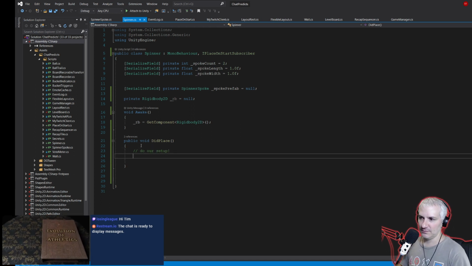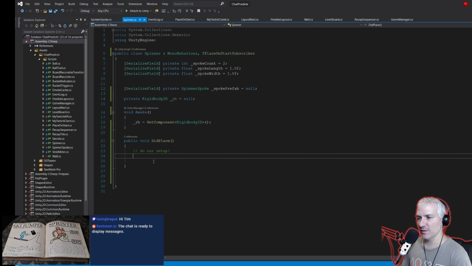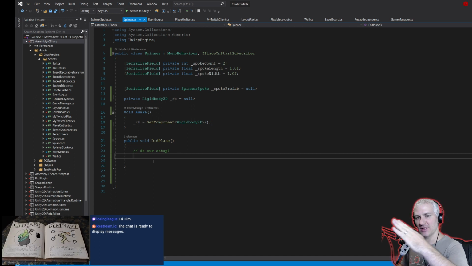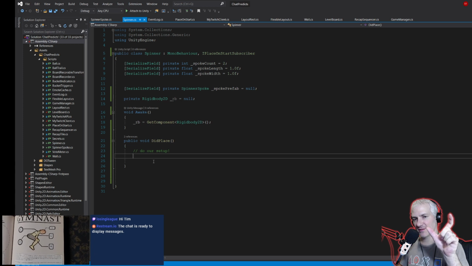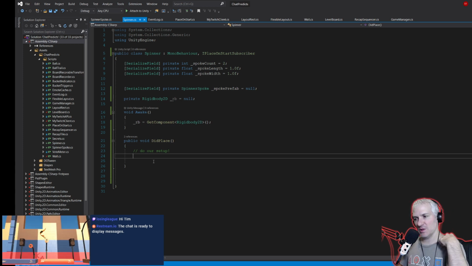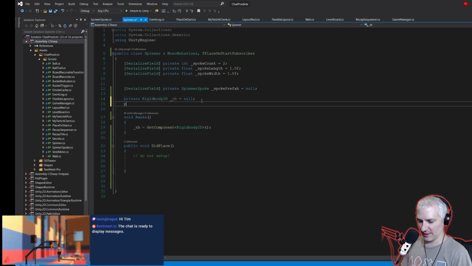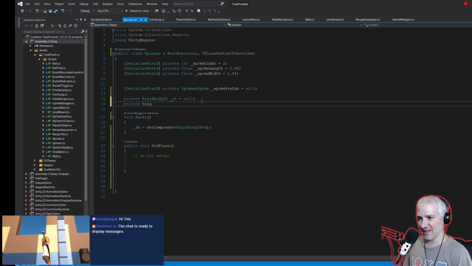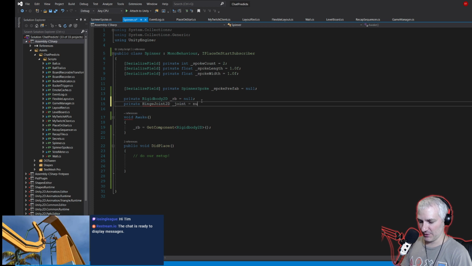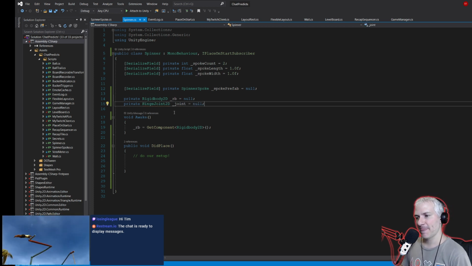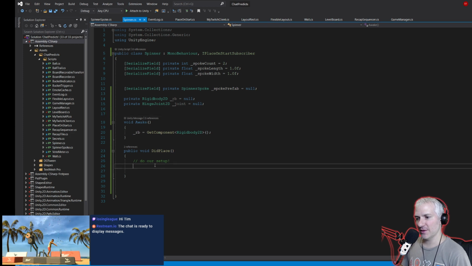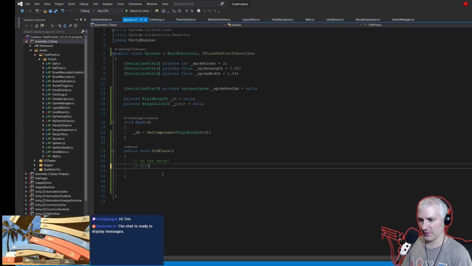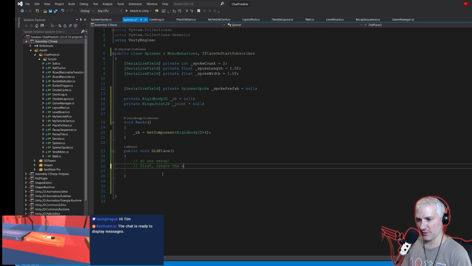So what this is going to do is we're going to instantiate as many spokes as we want, set their values, and then create a hinge joint with the rigid body. I don't know if we're ever going to need a reference to it, but why not hold on to one just in case we want to do fancy stuff later. So essentially what we're going to do here, first create the spokes